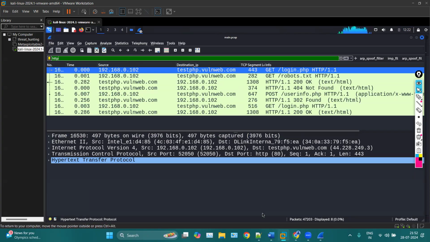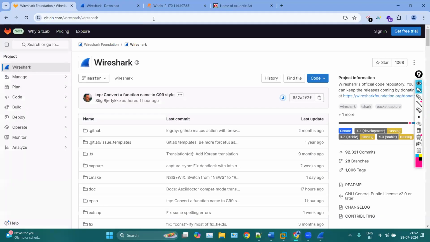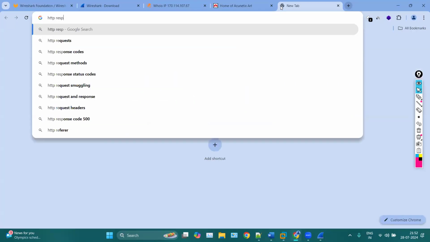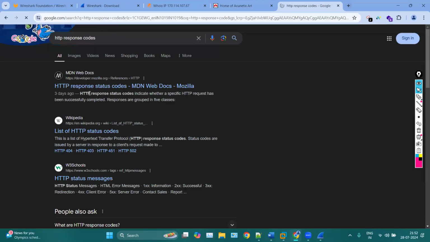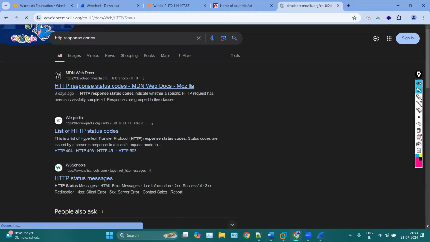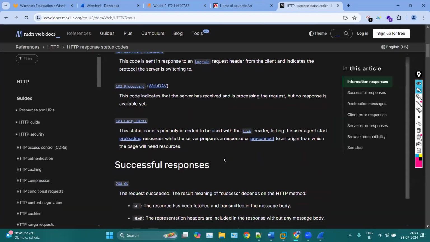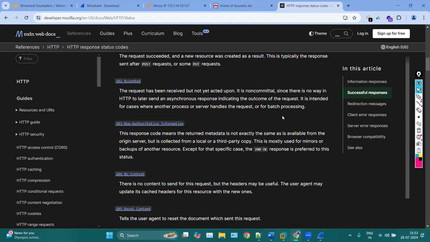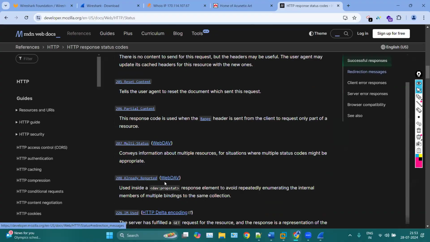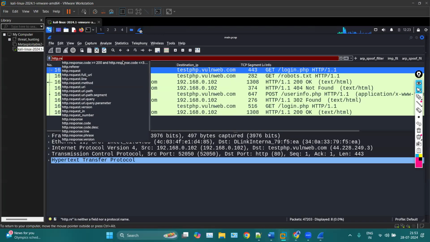let's say I just wanted to see the web pages which have loaded successfully. So I can use the response code here. Okay, we have this HTTP response code. Let me show you. Like what if the response code is 200, 404, 500, and so on. So 200, okay, and these are HTTP response codes. So let's say if I use http.response.code